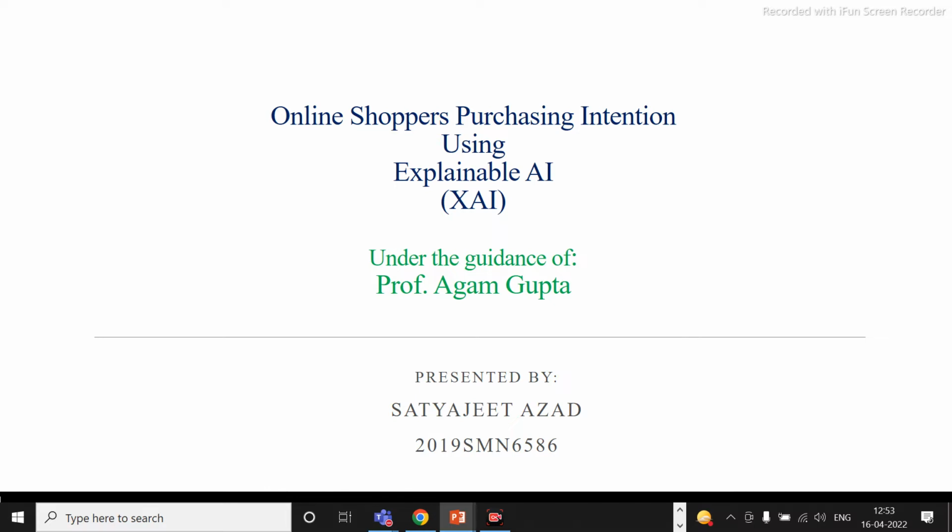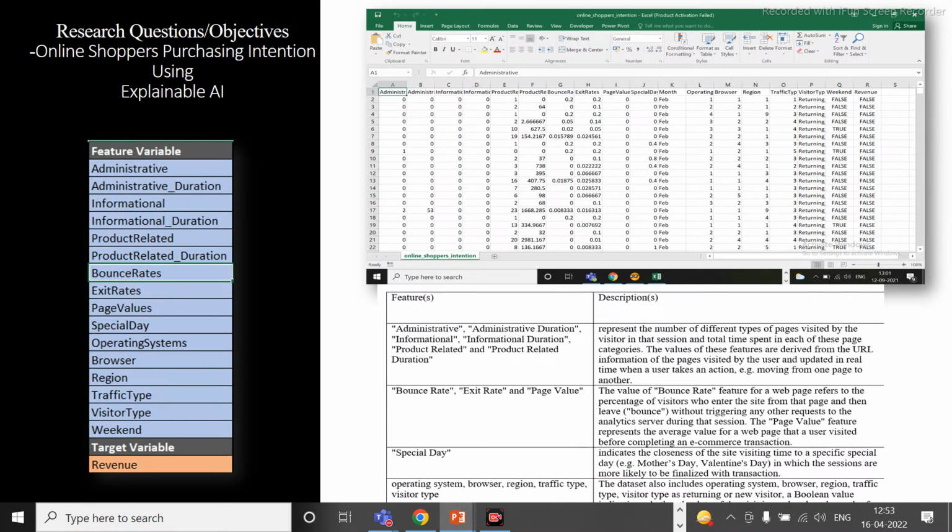Yes. Okay, so my topic is online shoppers purchasing intention using explainable AI. This is my dataset, which I have taken from Kaggle. There are 16 features and one target variable, that is revenue. These are the descriptions of the different features, and I have used revenue as the purchasing intention